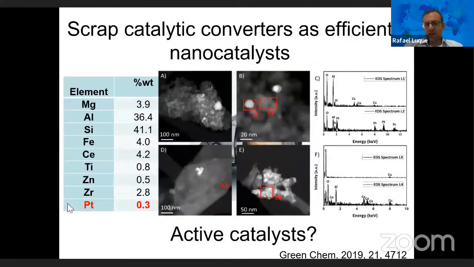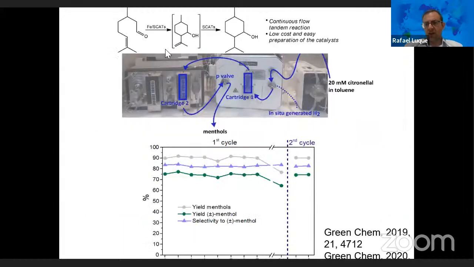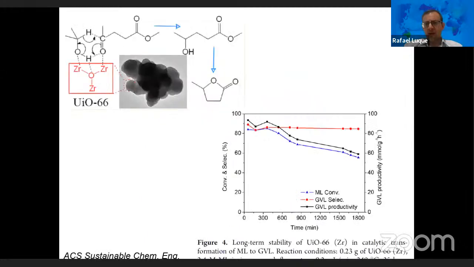Remember that these materials contain only traces of platinum as the main precious metal, which was the one providing the hydrogenation activity for the double bond hydrogenation to a single bond for the production of menthols. So this was a highly stable system. And as compared to this highly stable system, we have another very interesting story to tell, which is the story